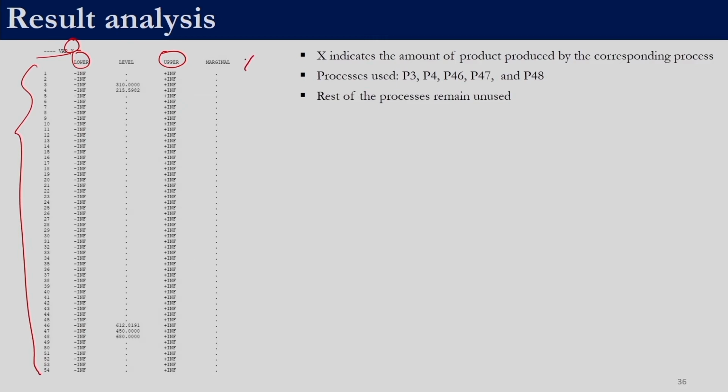Since we have 54 processes, if you remember, X was running over the set J and the set J had values of 1, 2, 3 all the way up to 54. That is why we have 54 here. Out of the 54 processes, only process 3, process 4, process 46, process 47 and process 48 produce a particular product, whereas the other 49 processes do not produce anything.